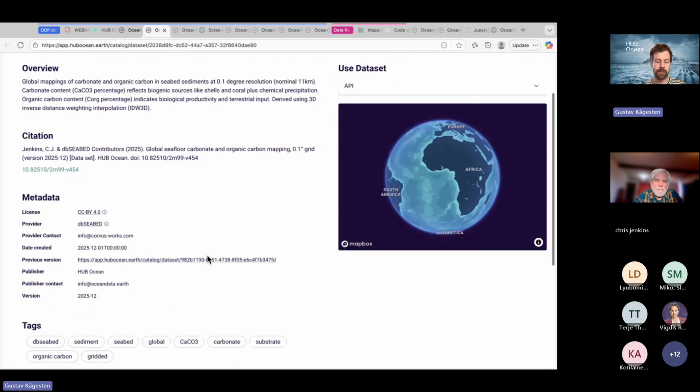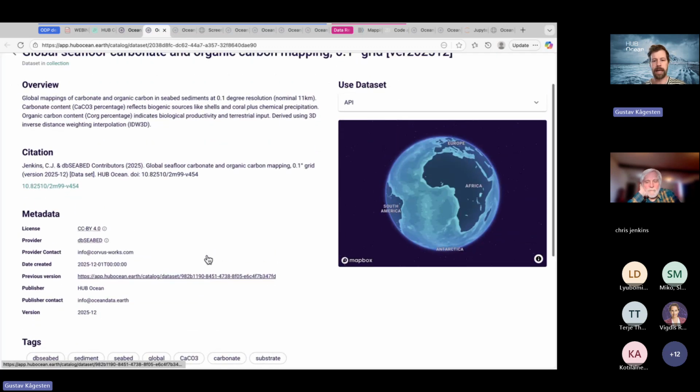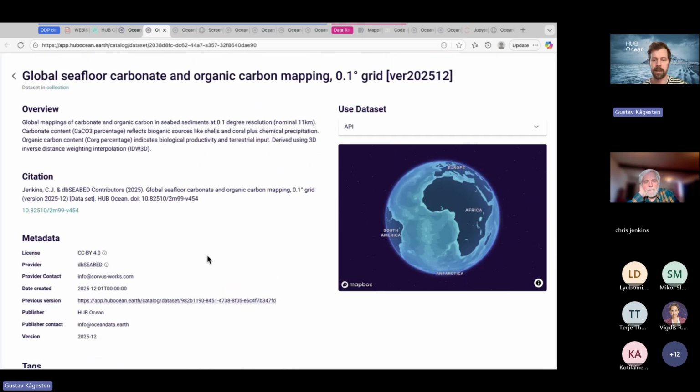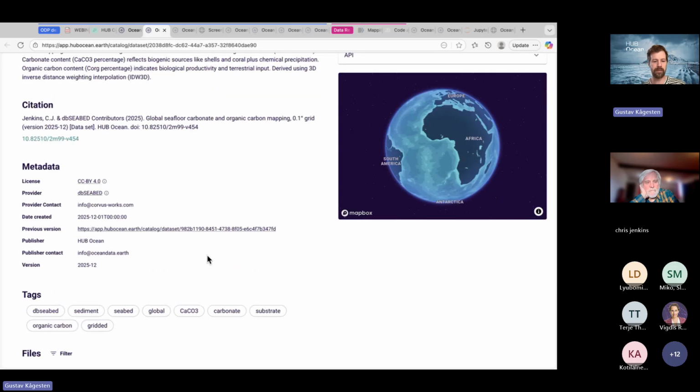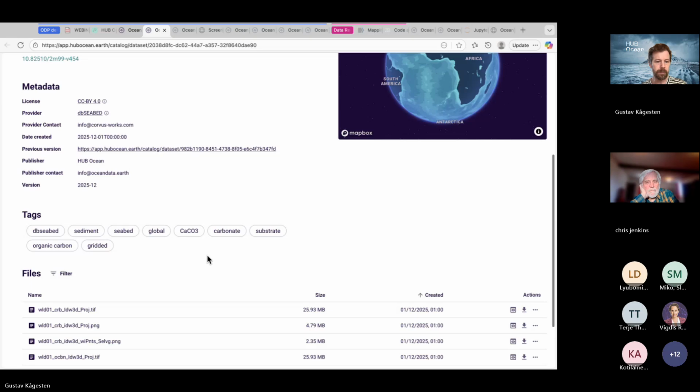So we can be sort of the repository or the main landing page for a unique data set. And at the moment you do that by request, but it's going to be a feature for all users.